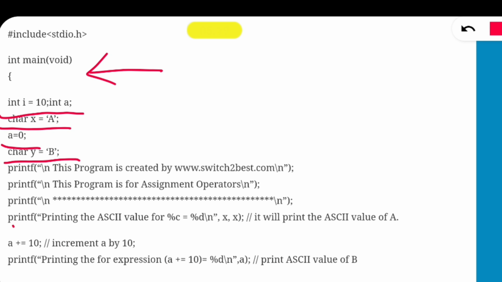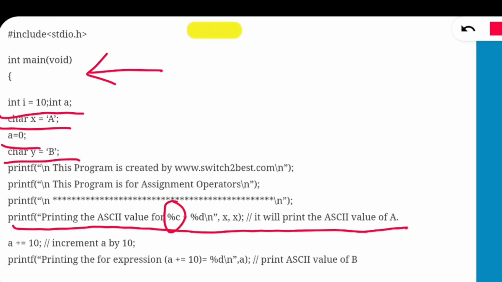Now coming to this line, what I am doing is printing the ASCII value of %c. %c means x. X means what? A. ASCII value of a, %c means printing a character. So here it will print a. Then %d of x.